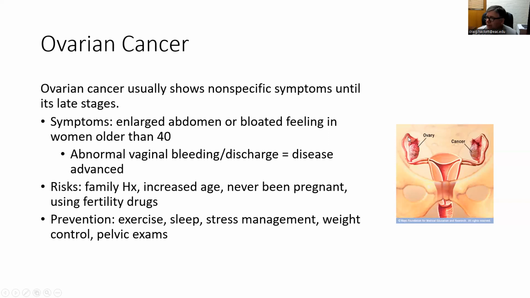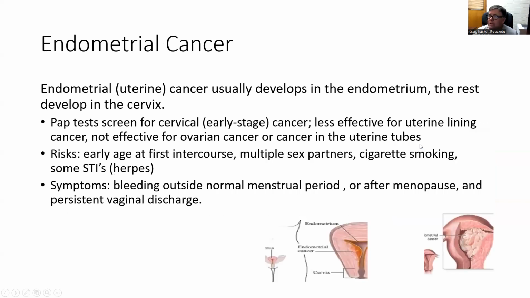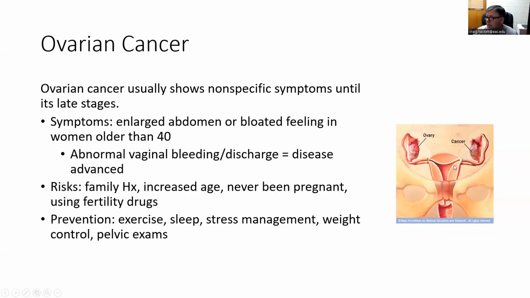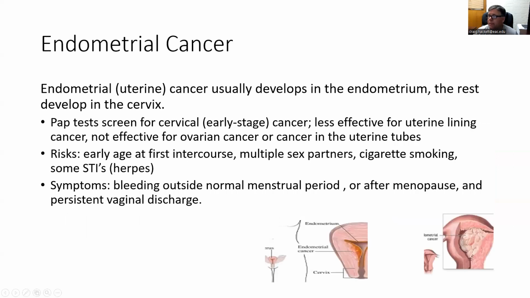It used to be known as the fallopian tube. They've changed the name. They'll probably change it again. And so your ovarian cancer occurs up here. Uterine cancer is then in the uterus, which is here. And that's a little bit different, right? So they treat it differently in some cases.